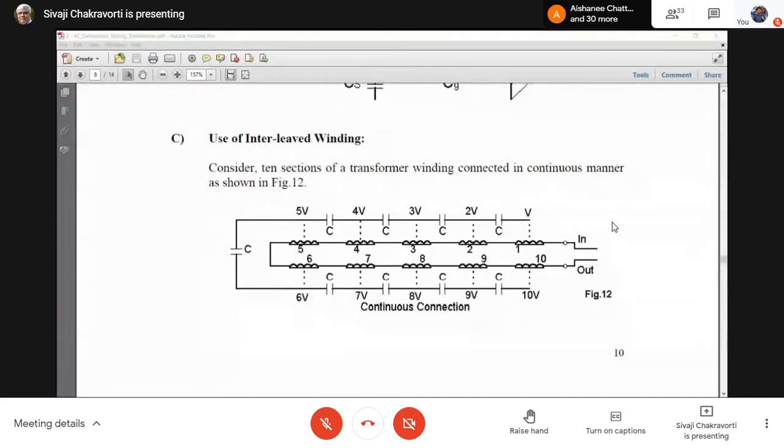Disc winding. Exactly. Now somebody has said disc winding. Wonderful. This is what I was looking for. The most common type of high voltage winding is the disc type winding. But when you say disc type winding, you have to see it. Here. Let me show you. This is a very big transformer winding.